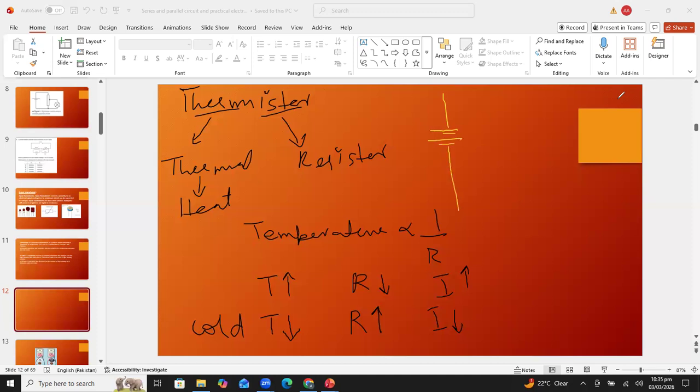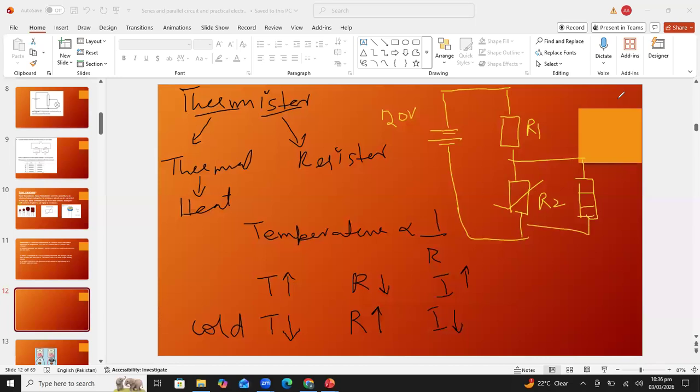Now students, this is a battery which is operated at 20 volt. It is a fixed resistor R1 and this is a second resistor which is the thermistor basically. And the thermistor resistor is R2. Now I'm connecting the heater. This is the symbol of heater, students, with two lines.